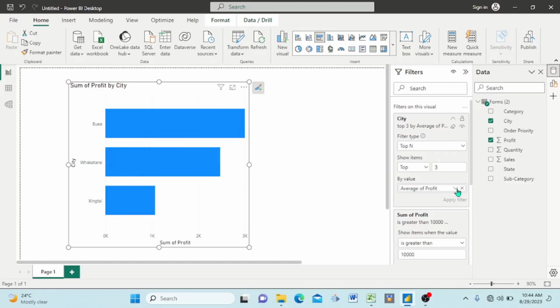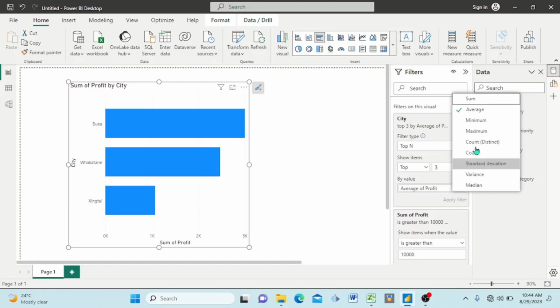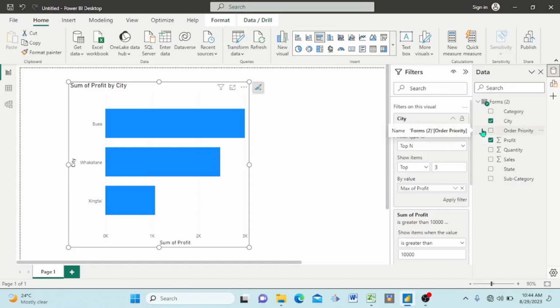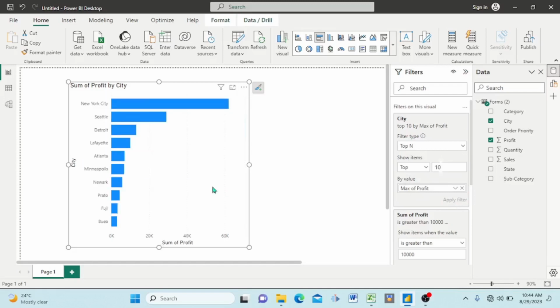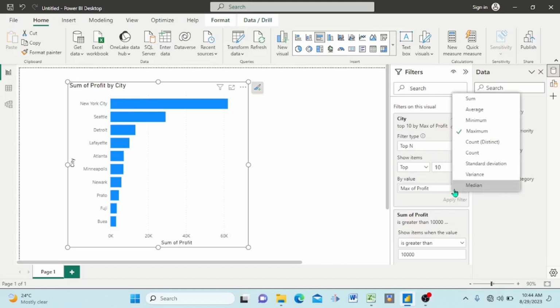Okay, if I come here again and I say, okay, I want to look at the count, I want to look at the maximum, I just say I want to look at the maximum in terms of the first 10, and then I click. You see now, it still gives me these different cities. You see, it starts from the maximum and then brings it down. These are the maximum. If I come here and I say I want to look at the minimum,